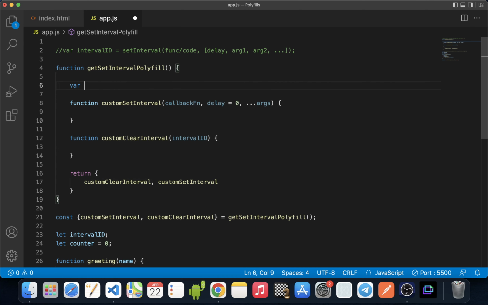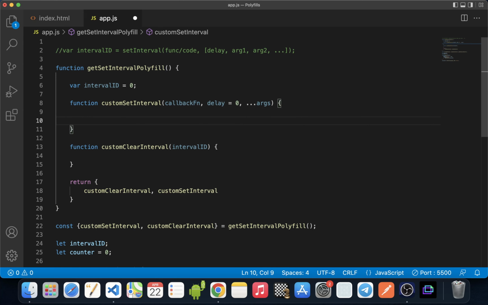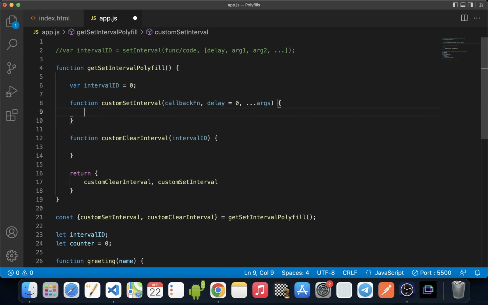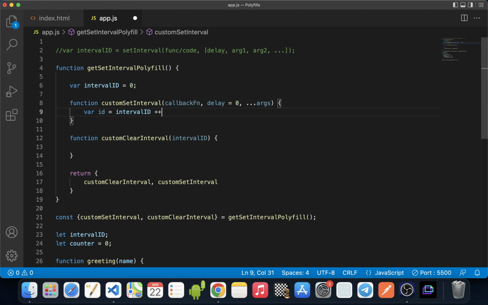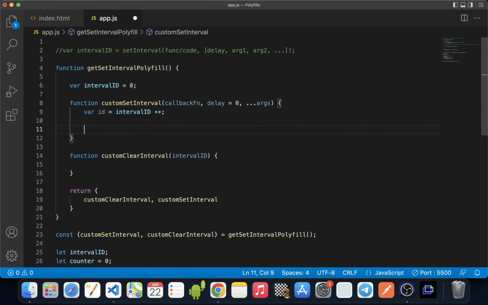Let's call it var interval id equals to 0, and we have to return that id from our custom set interval function. Let's assign this id to a variable called id and increment it one at a time, and just return that id from our custom set interval function.